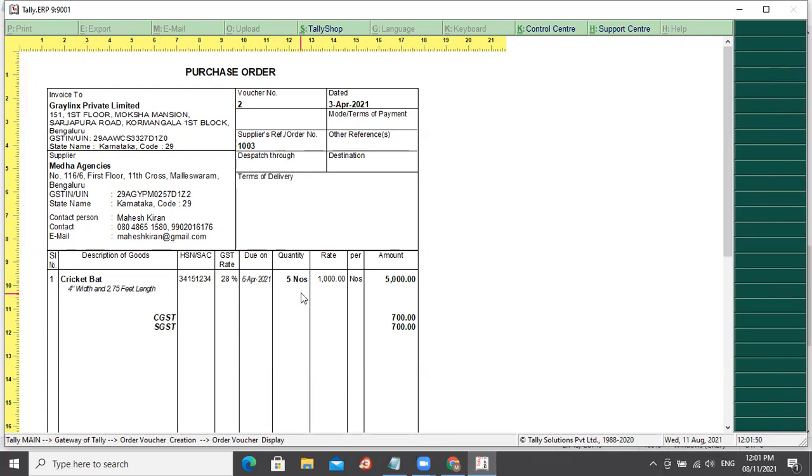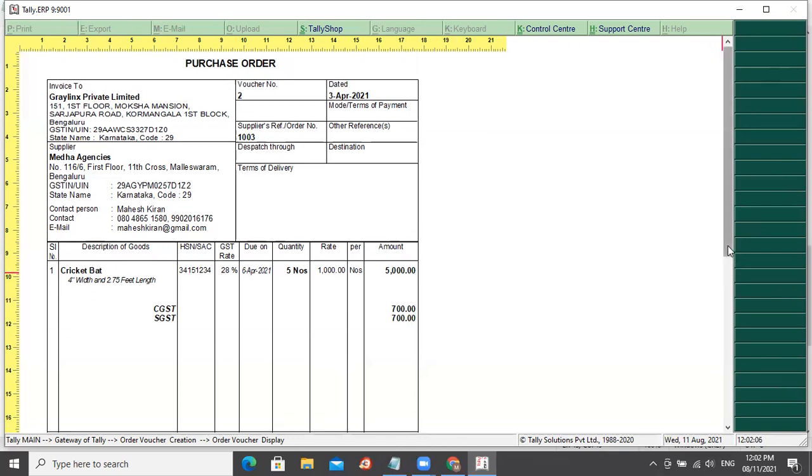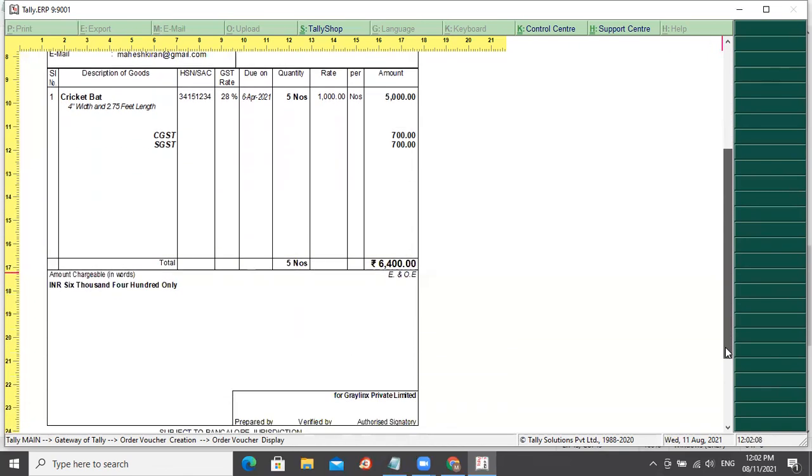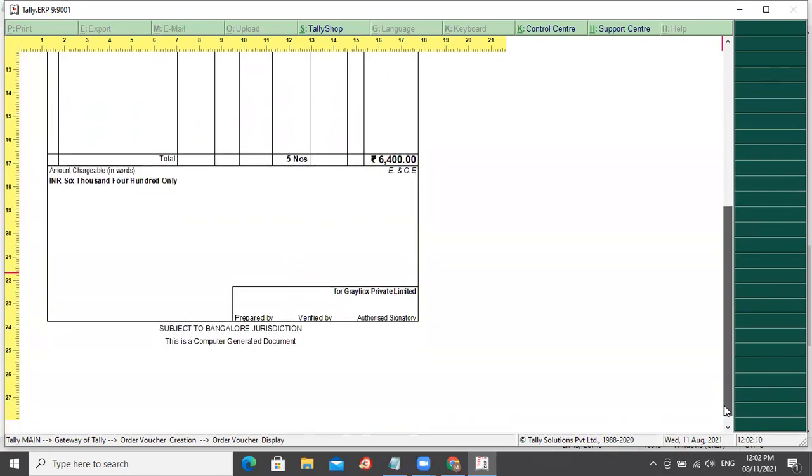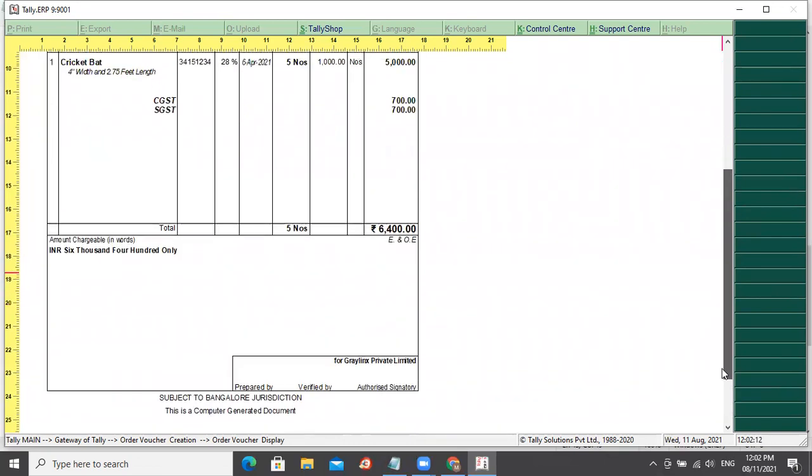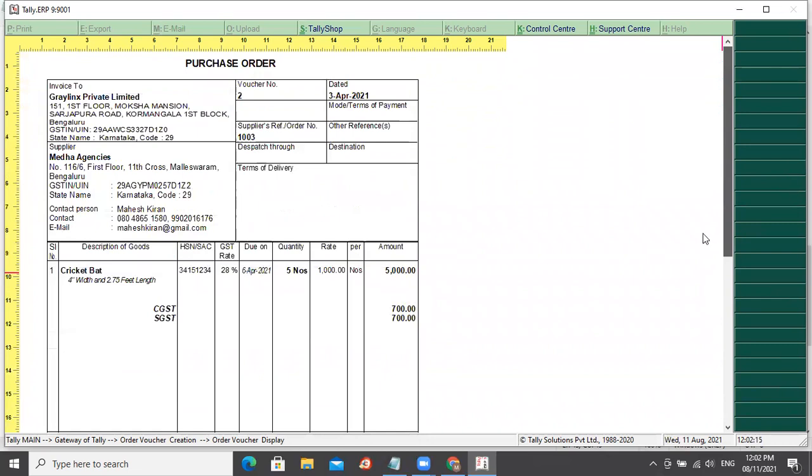By 6th April, 5 numbers at 1000 rupees amounting to 5000. CGST 700, SGST 700. Total 6400 amount. Okay, this is how you get.